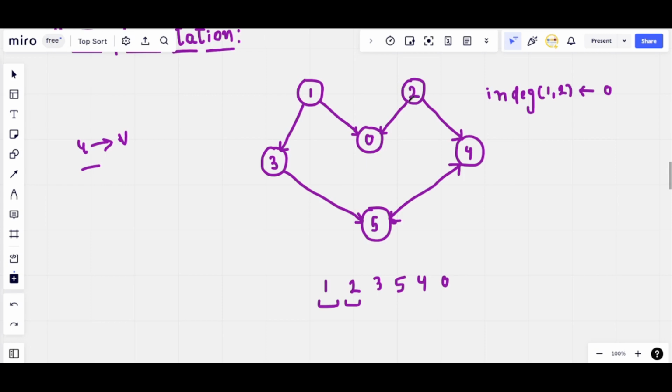Now I will move to node number 2. From node number 2 I can move to node number 0 because this is the only unvisited node. Node number 4 and node number 5 are visited. So I move to node number 0 and I list it over here. So in this fashion